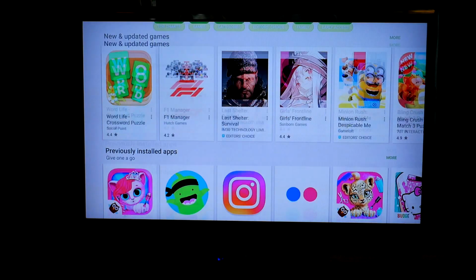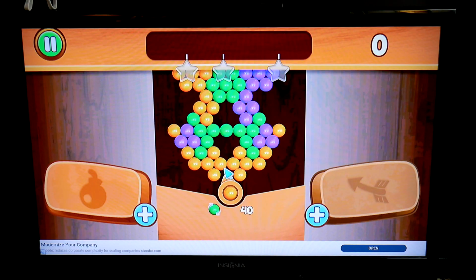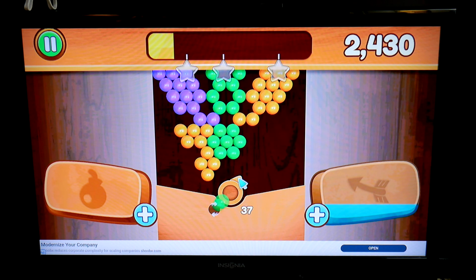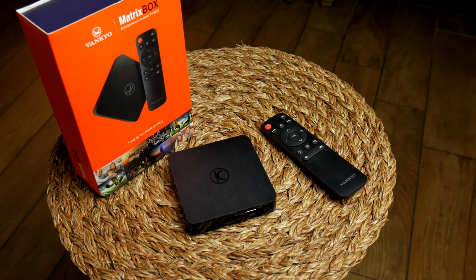And if you're wondering what an Android TV box is, just think about your phone. Think about all the different apps you can download, all the stuff you could do on it. It's unlimited. Everyone's phone is different because of that. This Android box connects to the Google Play Store, among a lot of other stuff you could download. You can watch movies, play games. It's kind of unlimited. So if you're curious about an affordable Android box, this is from the company called Vankyo,